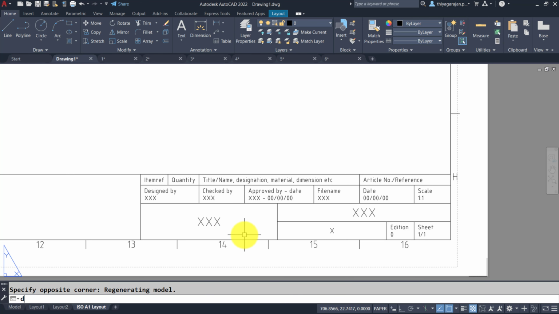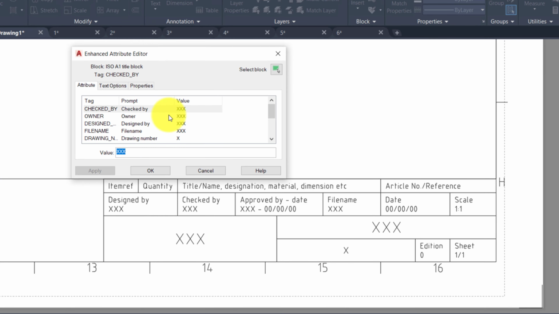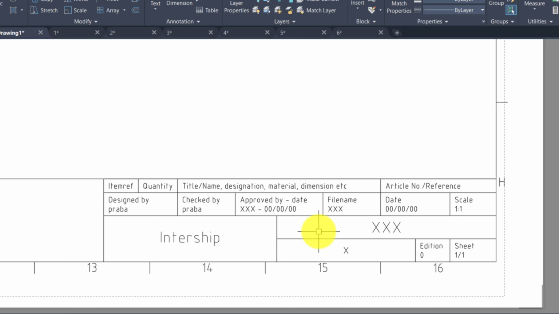So now you have to edit the information here. What do you need to do? DDEDIT. Select this. So the values will come here. Just double click the values here and change them. Checked by, you can give the name, owner. Internship. Double click. Designed by. Change the values. It will be updated. This is one way.